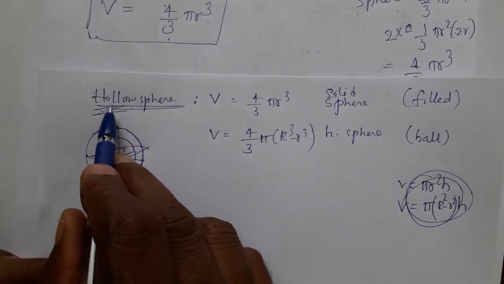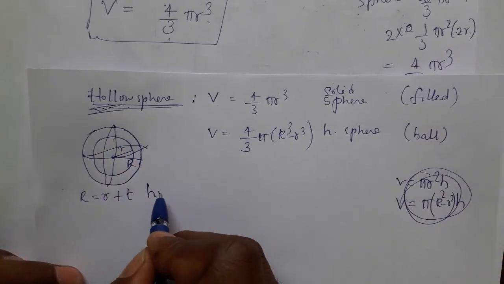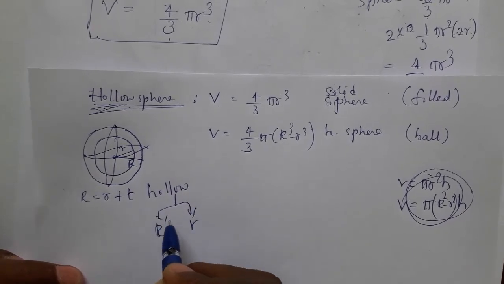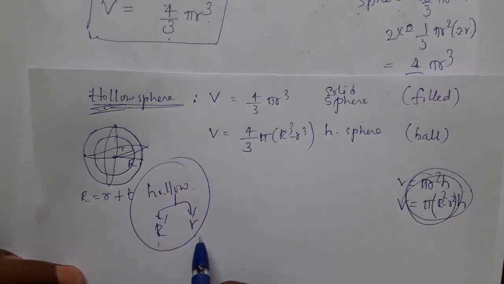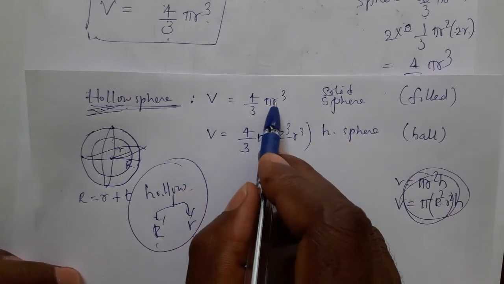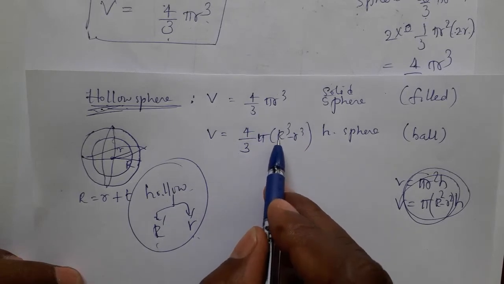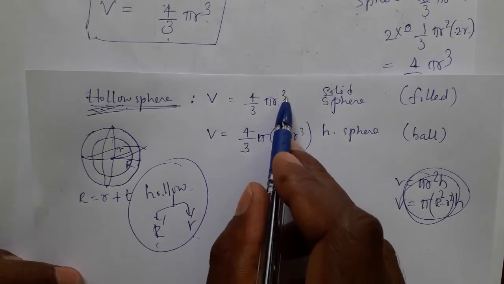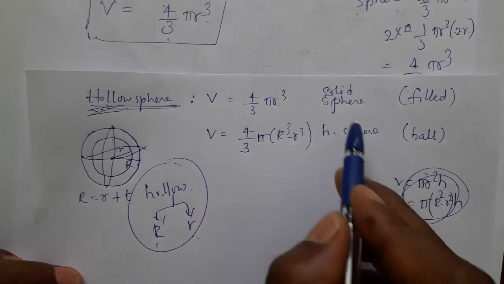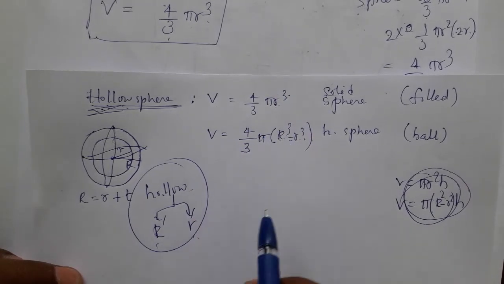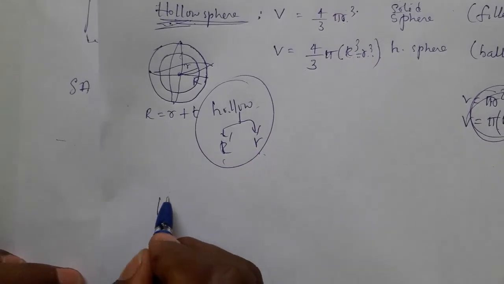So similarly here, hollow means bigger and smaller, two things come. Hollow means bigger, smaller. So in solid there is only one radius, in hollow two radii are there. So remove the one r cube and write big R cube minus small r cube. Same as r square in the cylinder, we only maintain the power. If it is r cube, r cube only you write, but two times: big R cube minus small r cube.